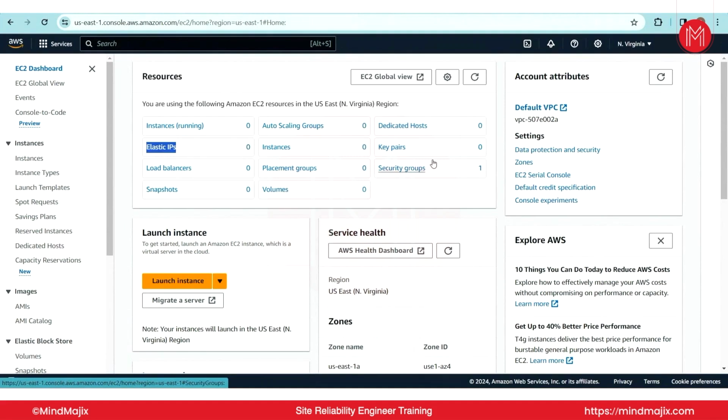Key pairs, right? Coming to key pairs. So elastic IP is nothing but a static IP. Yeah, that's it. Then why can't they keep it static? That means you will have a fixed IP. Even if the IP goes down, you won't lose it.